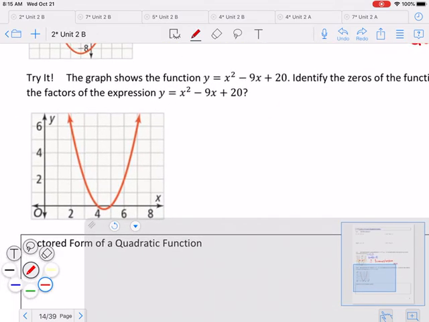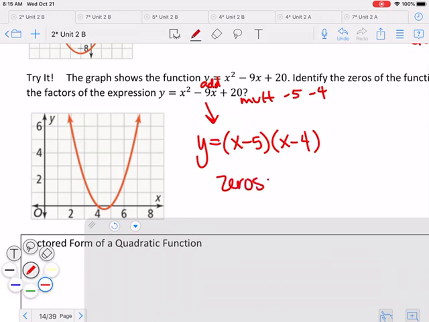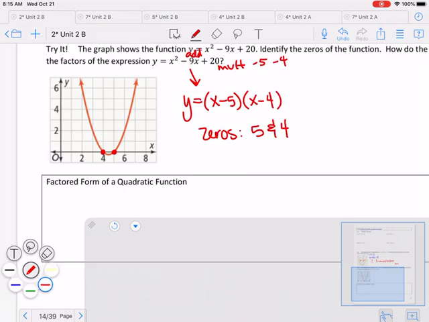All right, so this one, let's put it into factored form. Two numbers that multiply to positive 20 that add to negative 9 would be negative 5 and negative 4. So x minus 5 times x minus 4. That means the roots, or the zeros, are going to be positive 5 and positive 4, which we can see on the graph here. Positive 5 and positive 4. So this leads us to the factored form